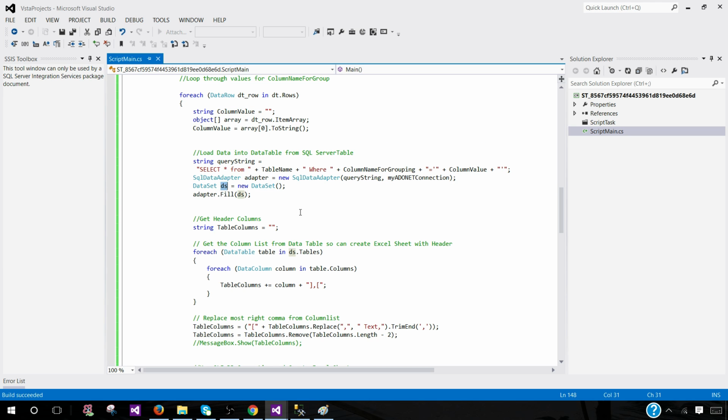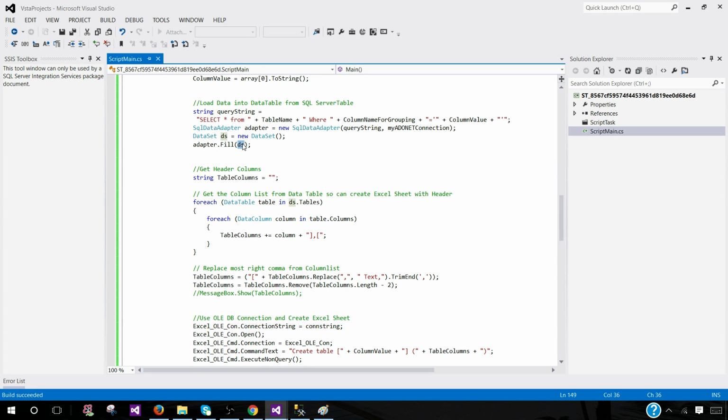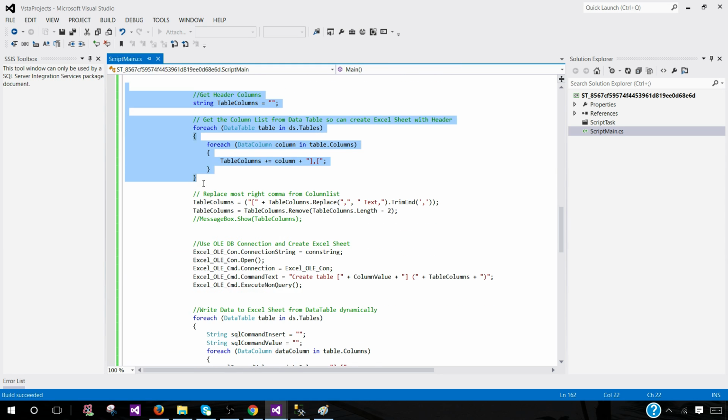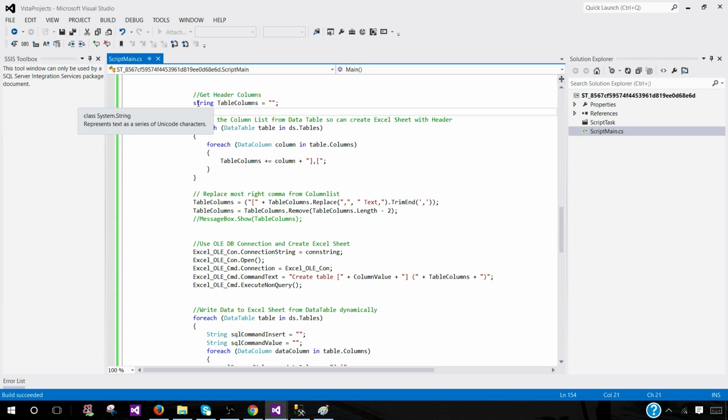that in the data set. This data set is full. And in this part, we are going to read the column header from that data set. Once we read it, we will concatenate and make our create statement. Why would we need to make a create statement? We are just dumping the data into the Excel, because the Excel sheet has to be created before we dump the